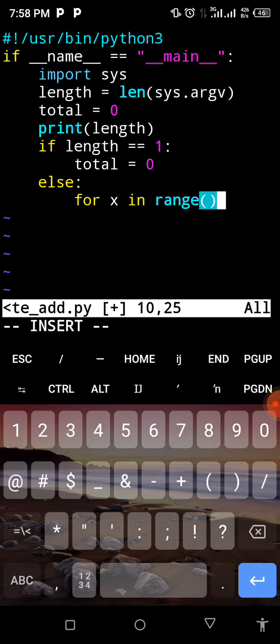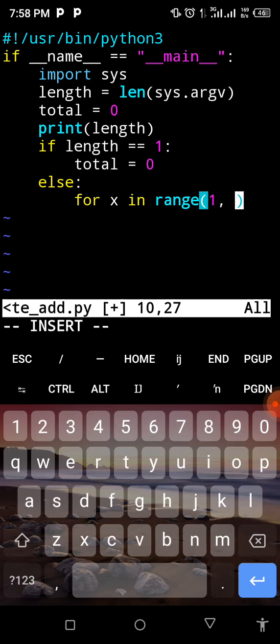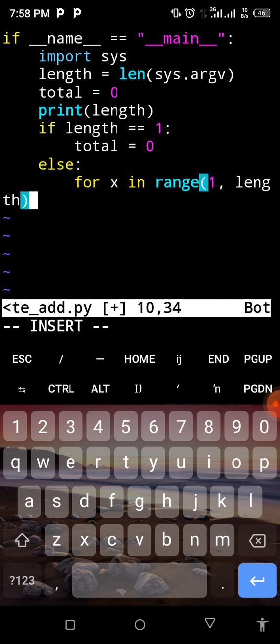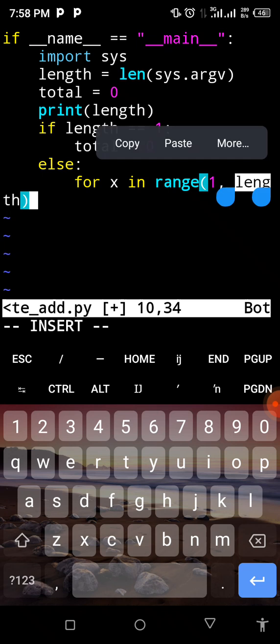A range which is going to count from 1, starting its counting from 1 and ending with the number of length we have there, LNGH. So that's good. Now, if for instance I provide 4 characters, like the running code, the file itself, then the wisdom and knowledge, that's making 4. So here it's going to be reading 1 to 4, but actually x will be 1 to 3, because it's going to be 1, 2, then 3, because you can remember that range,